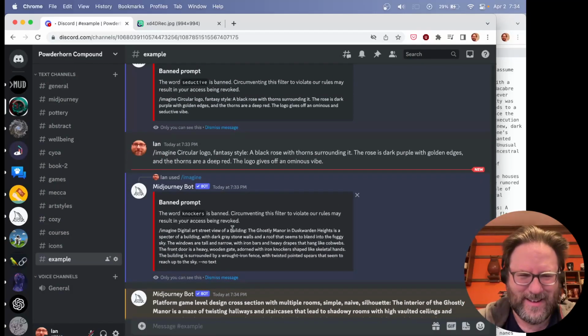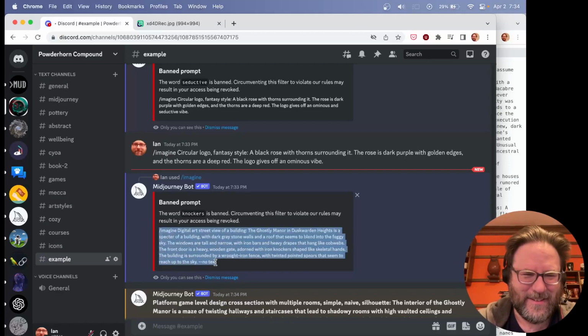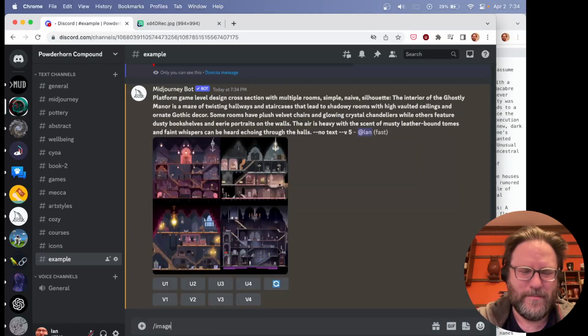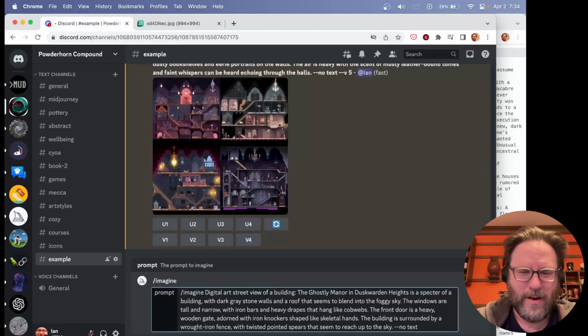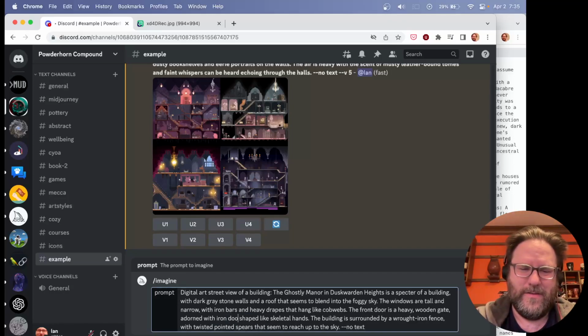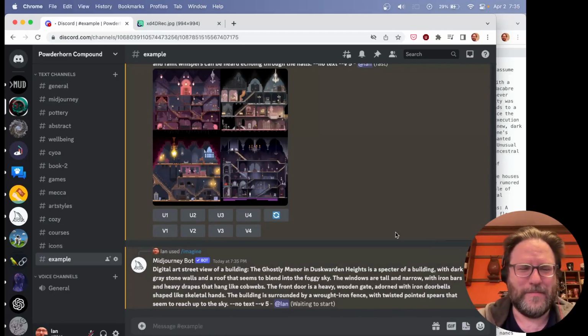Knockers are banned. Yeah, there's all sorts of. GPT loves to talk about people putting their hair up, tying it up in a knot, and it also refuses to use the word tied. Iron doorbells, we'll say, I guess. I don't actually have a good alternative name for that.